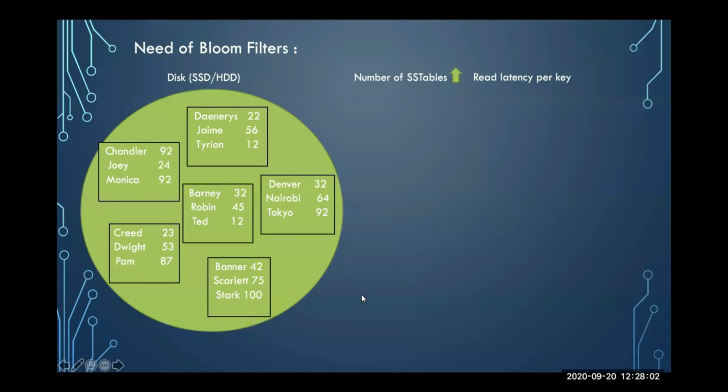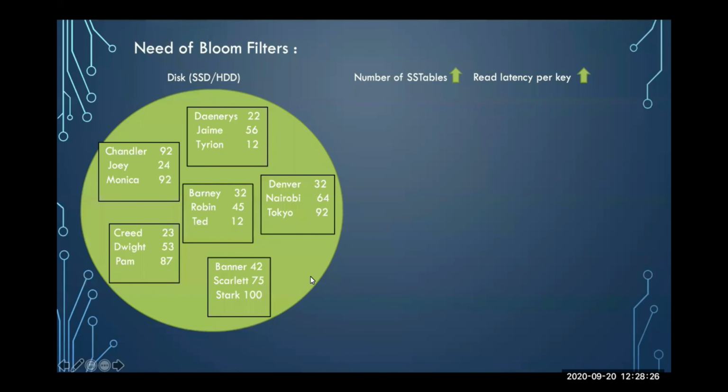So the worst case read latency per key also increases, because say we have to search for Stark, then we'll search this, this, this, this, this, and then finally this, and this is too much read latency for a high performing database that we need.